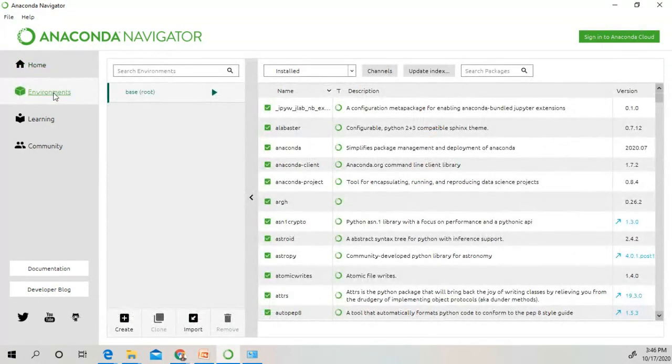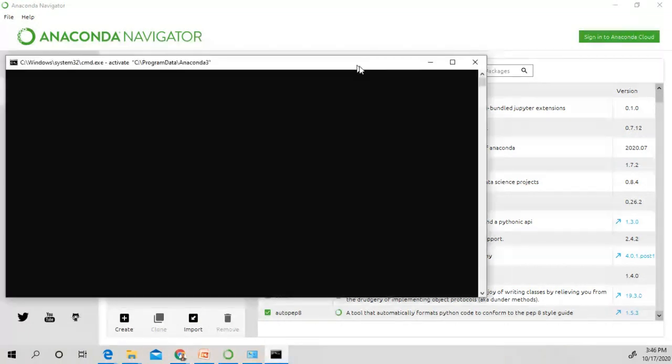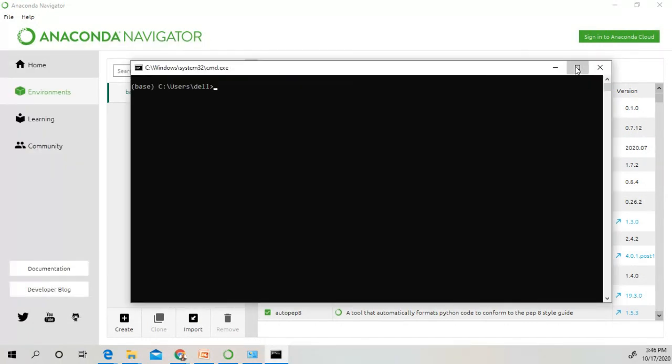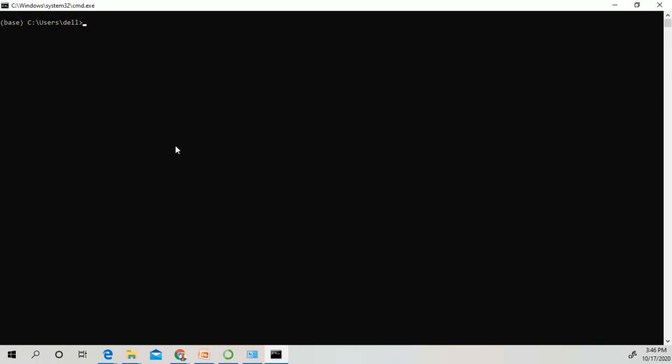You have to click on this environment, click on this option and open the terminal. This terminal is similar to the Python command prompt.